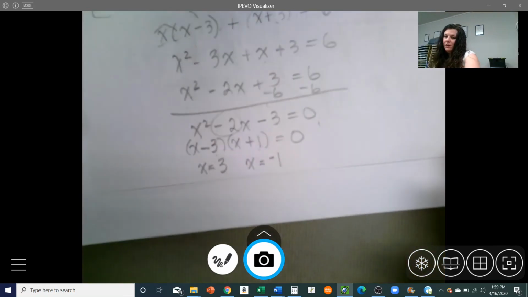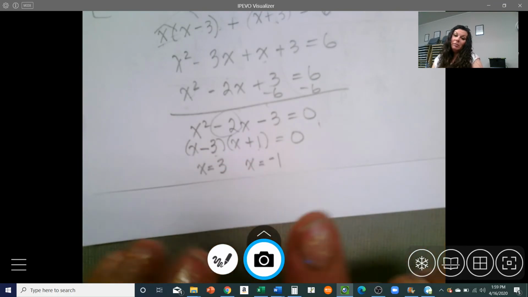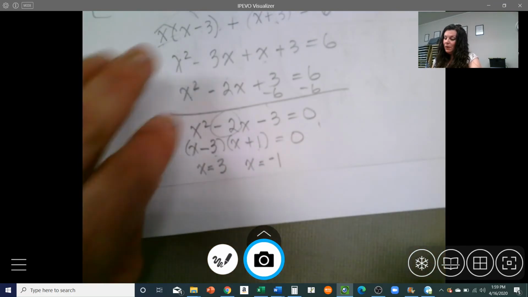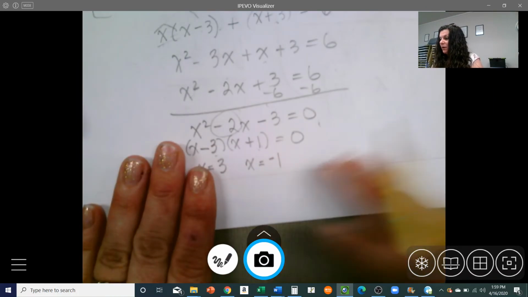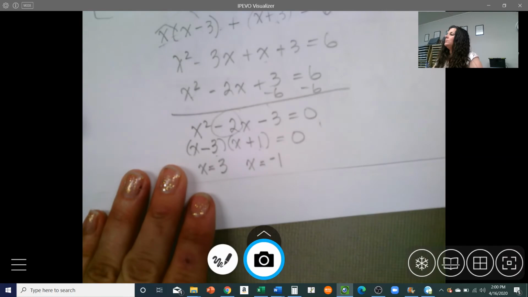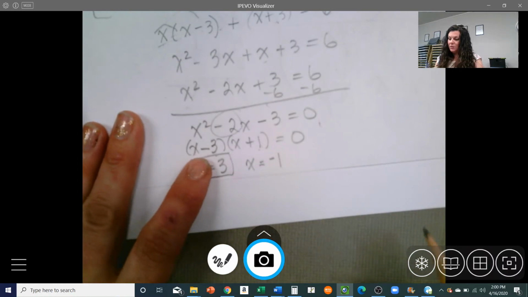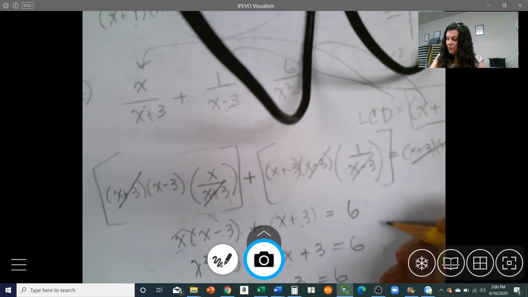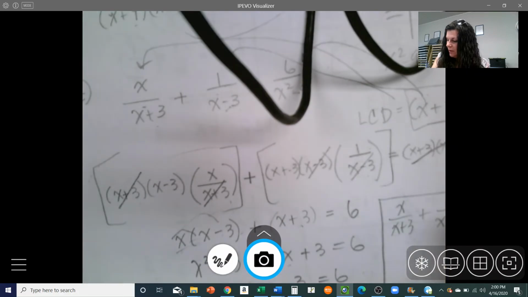Remember, when we were doing the expressions, these were the things we were careful about that maybe we couldn't use, like if they were in the denominator. We're not going to worry about that yet. We are going to look at checking our solutions to see what works. Now, if you look at x equals 3 first, and go back to the original, x over x plus 3 plus 1 over x minus 3 equals 6 over x squared minus 9. If I put 3,